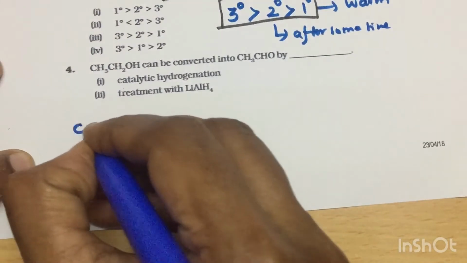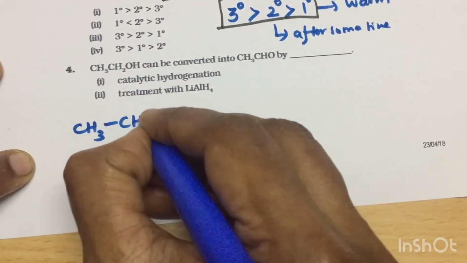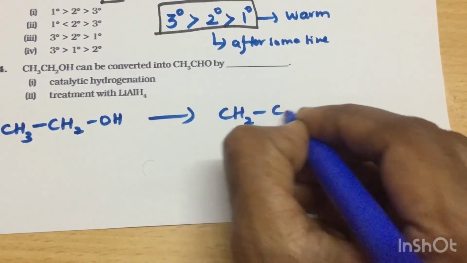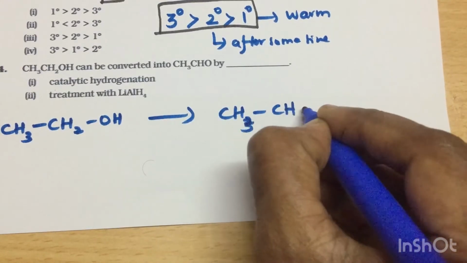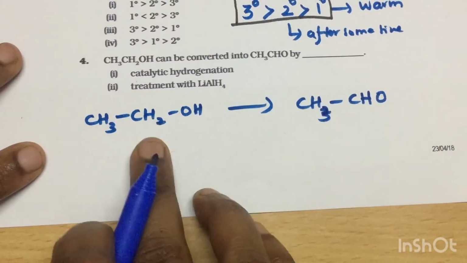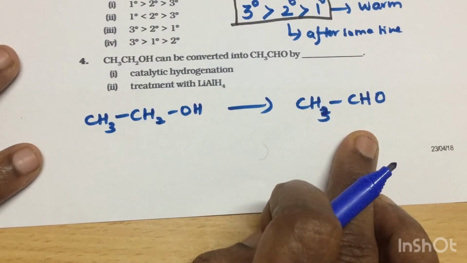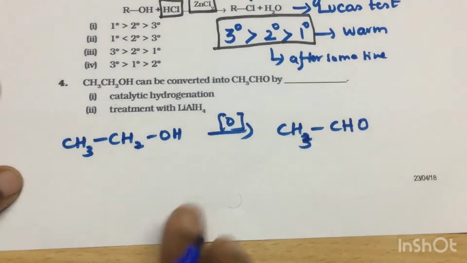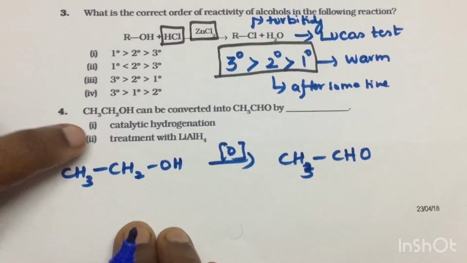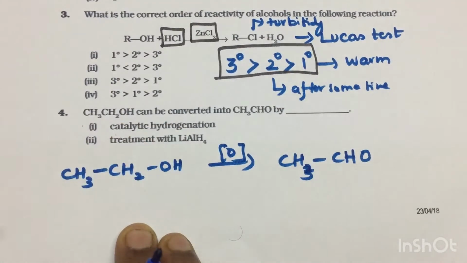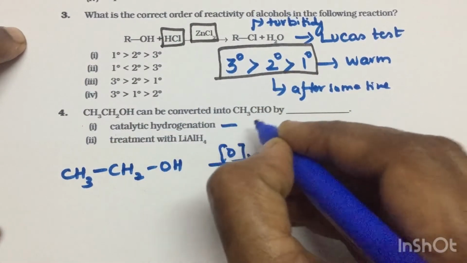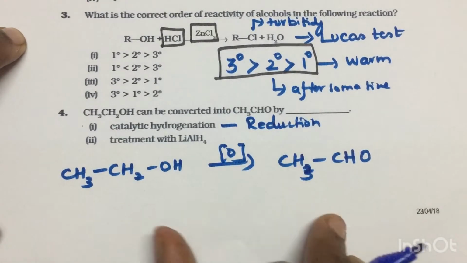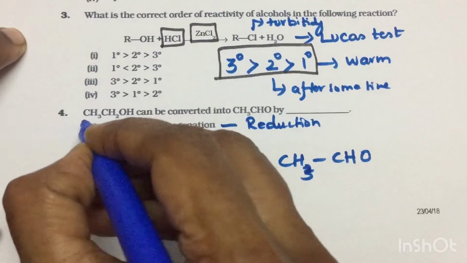So what kind of reaction is this, student? Okay, see the number of hydrogen has reduced. So removal of hydrogen is known as what? This is an oxidation reaction. Okay, so what catalyst, what reagent you can use? See here, this is catalytic hydrogenation. This is a reagent for reduction, and we are looking for a reagent for oxidation reaction, so not this one.